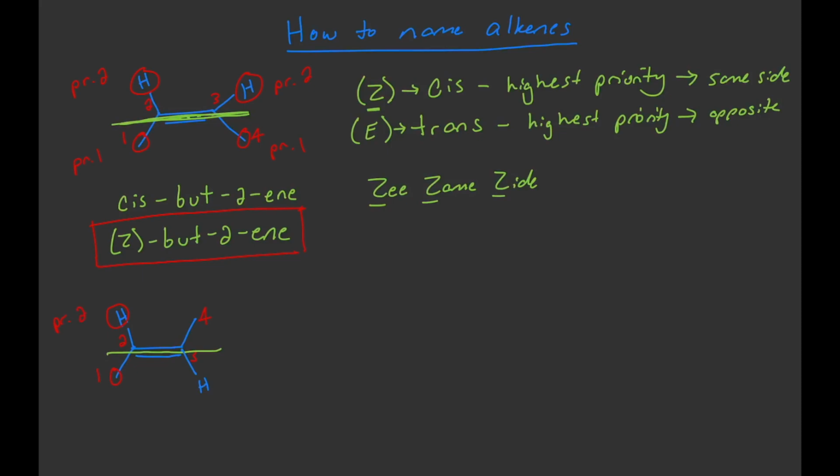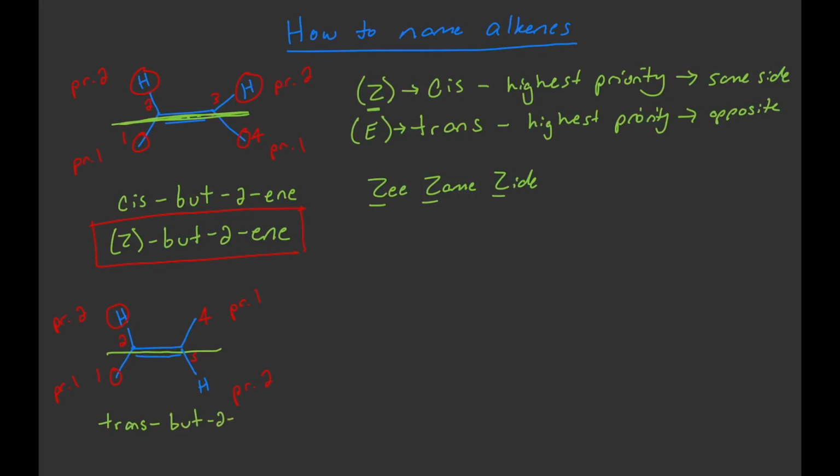And our hydrogen is on the top, so that gives us priority 2 up top and priority 1 on the bottom. Looking at the opposite side of the alkene, we have priority 1 up top and priority 2 on the bottom. So since they're on opposite sides, we're going to use the trans notation, or the E. So if we were to write this compound using the trans notation, we would write